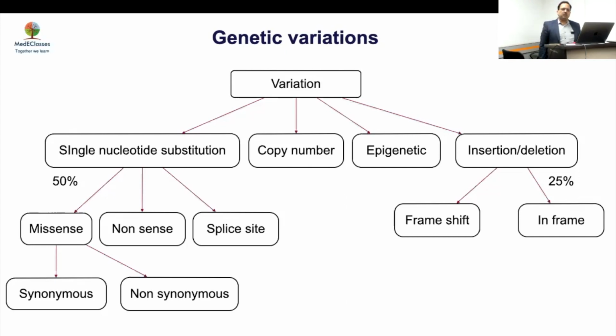Splice site may also be quite significant, because if you know that the whole amino acid sequence goes off, it will be important. Then third, frame shift. So if frame shift has happened, the whole protein is gone. But if you have synonymous, you will say less likely to cause disease. Non-synonymous, plus minus, depends, then you have to go by how your gene is changing, how your proteins are changing, and you will know the variations from there.